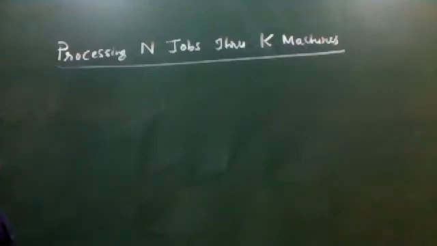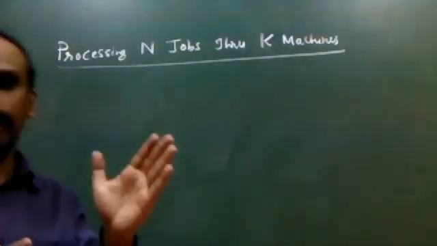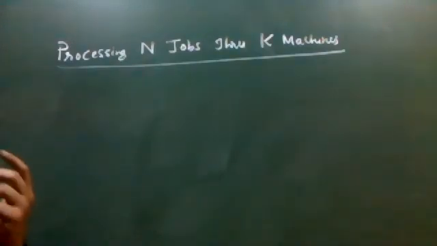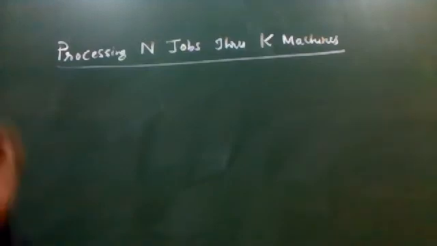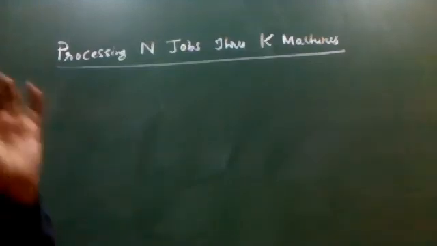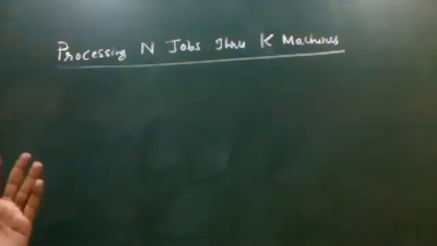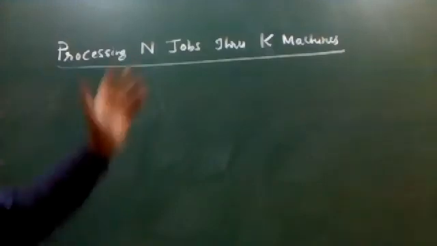Now, as usual, any problem in sequencing has to be solved at two levels. The first level is applying Johnson's rule. What is the purpose of applying Johnson's rule? I think you all know by now. Johnson's rule is applied to decide the ideal sequence or order in which the jobs have to be processed. You all agree? In which particular order the jobs have to be processed is decided by the sequencing rule called Johnson's rule.